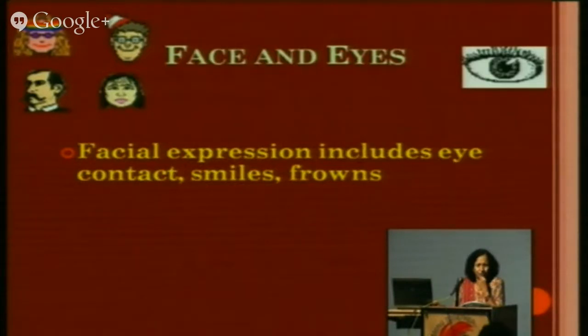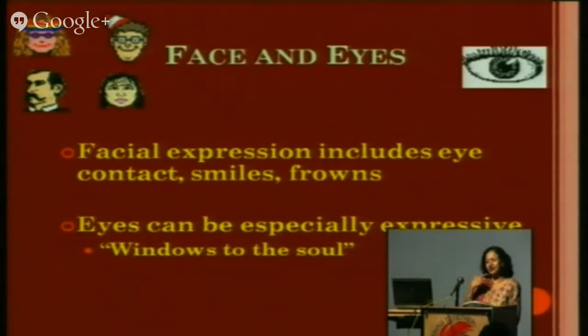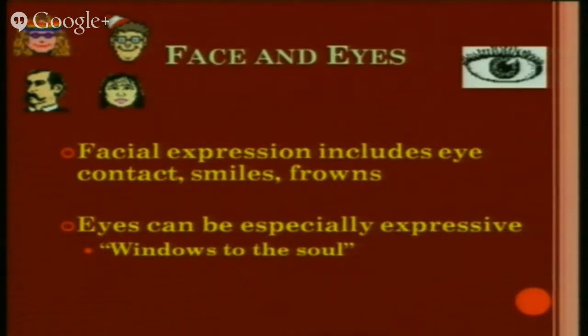और फेस और आईज में लेके चलती हूँ। फेस एंड आईज, फेस में आता है फेशियल एक्सप्रेशन, दे इंक्लूड्स योर आई कांटेक्ट, योर स्माइल्स, फ्राउन्स। वो कहते हैं टीचर ने तारीफ तो की थी पर उसके जो फेस पे अजीब सी मुस्कुराहट थी, वो कुछ ठीक से नहीं लगी मुझको। जब आप फ्राउन करते हैं ना, वो एक सिग्नल आप उसको दे देते हैं, राइट। आईज कैन बी स्पेशली एक्सप्रेसिव, दे आर द मिरर। आप कुछ नहीं बोलते हैं, आईज बहुत कुछ बोल देती हैं। सो विंडोज, दे आर द विंडोज टू द सोल। आपके अंदर क्या है वो आंखें बताती हैं। लेट मी शो यू सम ऑफ दीज थिंग्स।